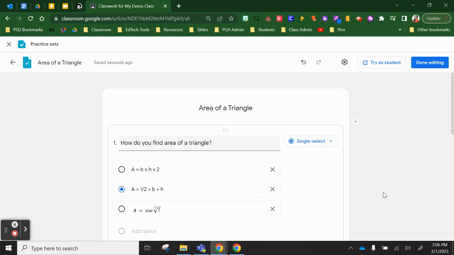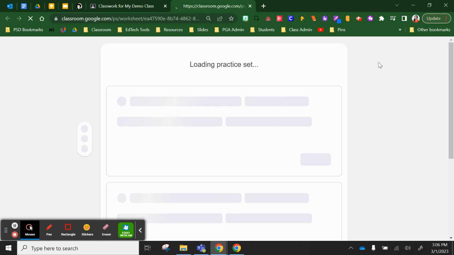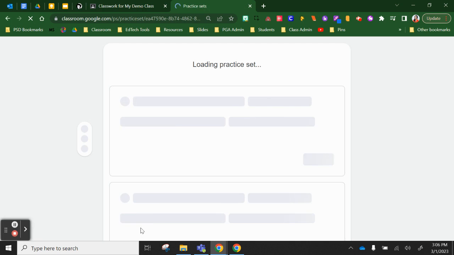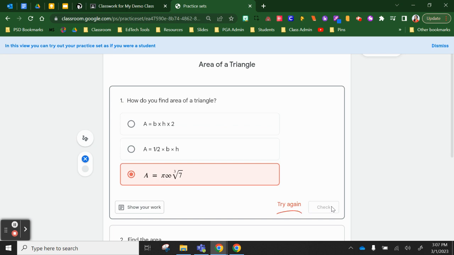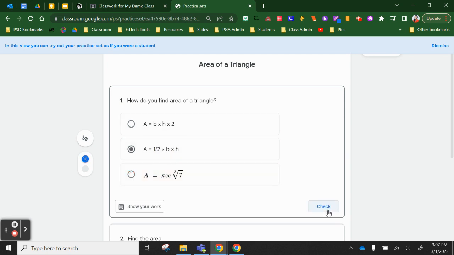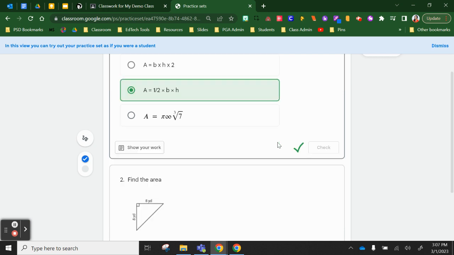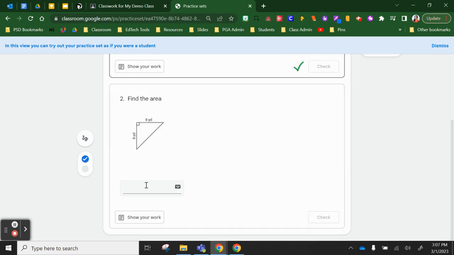Let's go ahead and see what this looks like as a student. In the top right-hand corner, I can try it out as a student, and we can see a student view. So as the student, I'm going to go ahead and select an answer and click check. It's going to give me immediate feedback on that, and it's going to tell me to try again. So now I'm going to try again, and I have the correct answer. Down below,